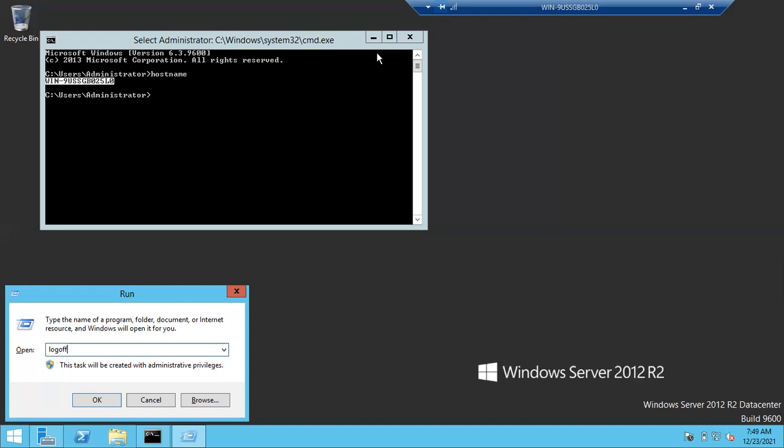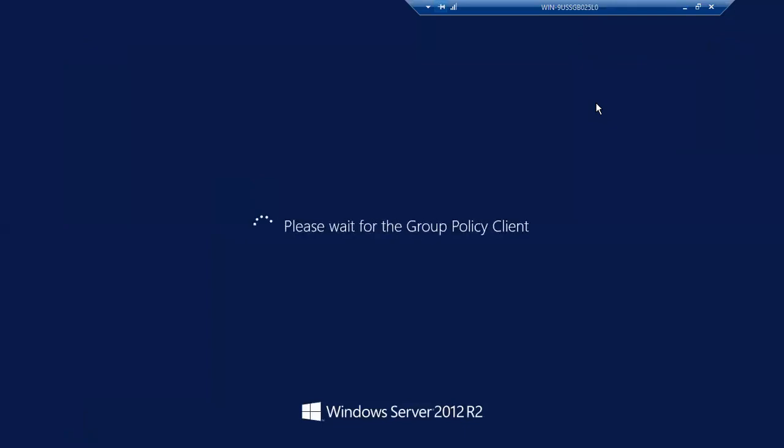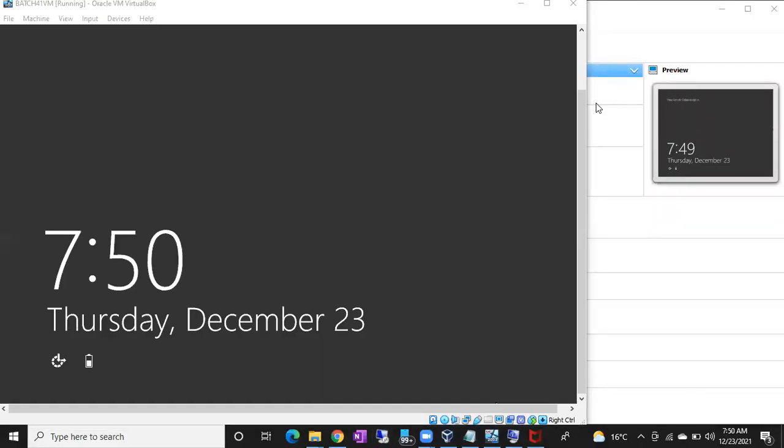So what you have to do is log off from the server. Remember, this is very important. Just type log off, or else you can go GUI based. If you want to go with GUI, you can simply click on your username. Don't click on the power button. There you can see disconnect, shutdown, restart. Simply click on the username, sign out. Sign out or log off, both are the same. Log off means it's a command. Sign out means the GUI way, you select the sign out option. So once your work is completed, simply come out of the server. That's it. You cannot shut down the server.